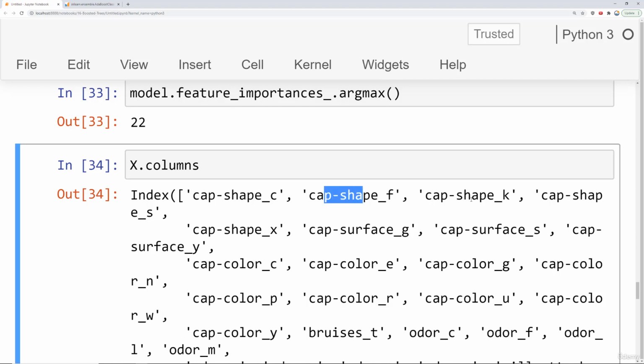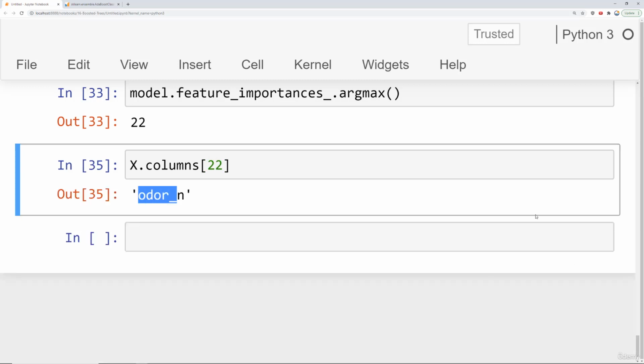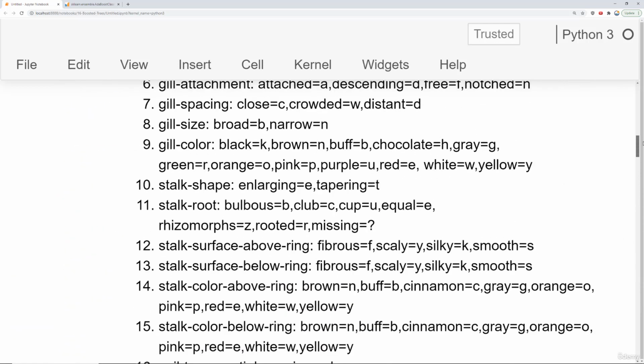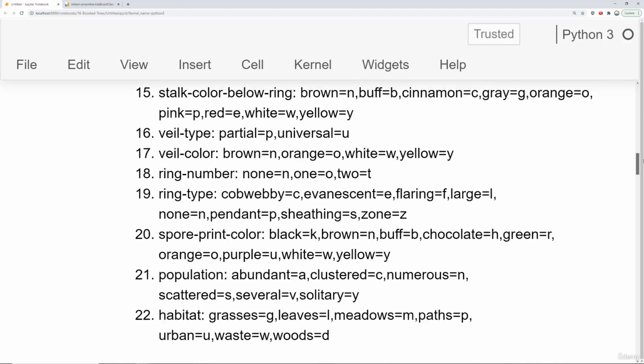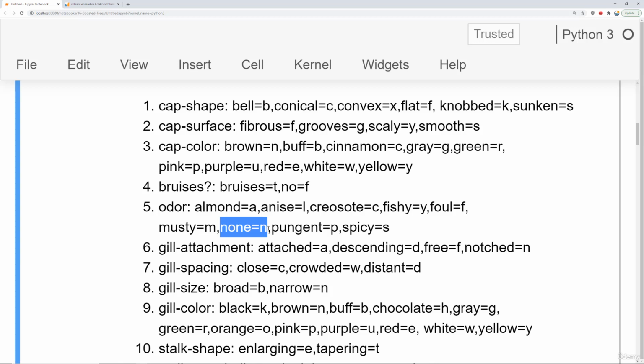This feature, etc. And so what I can do is then check, well, what's index 22 feature? And you'll notice it says odor_n, which actually, if we scroll back up to the description here, odor_n stands for no odor. So we come back here and it says none,